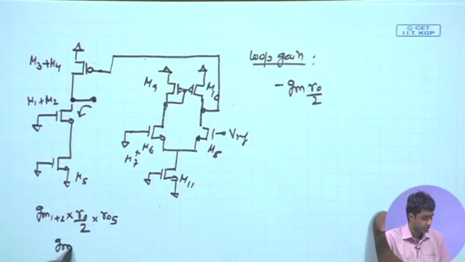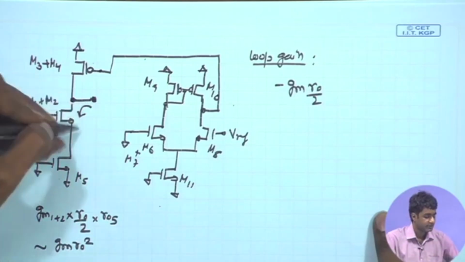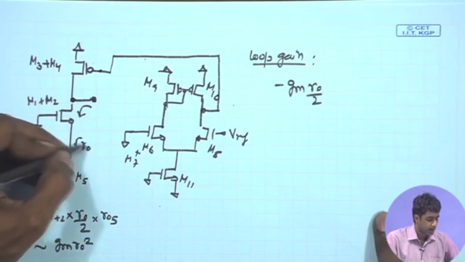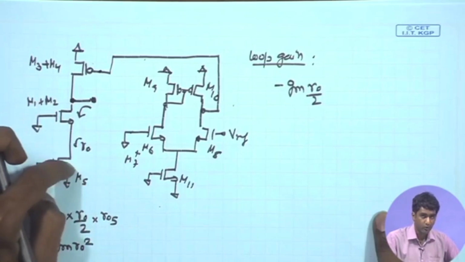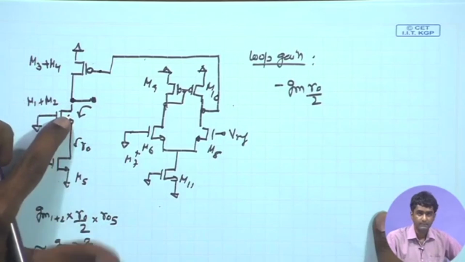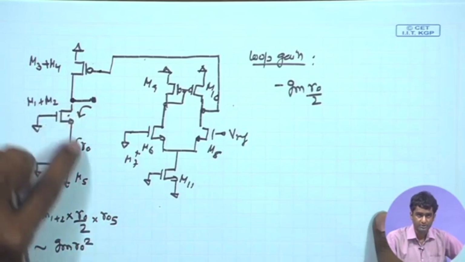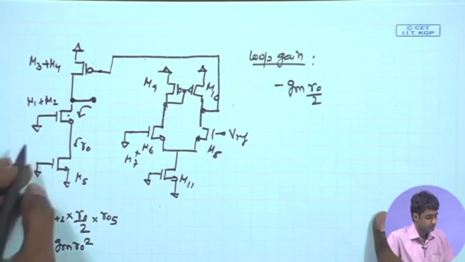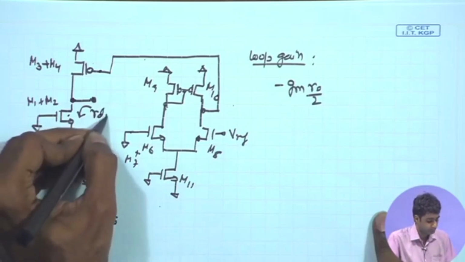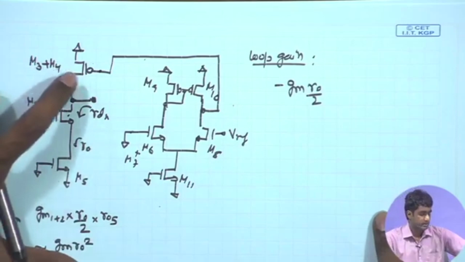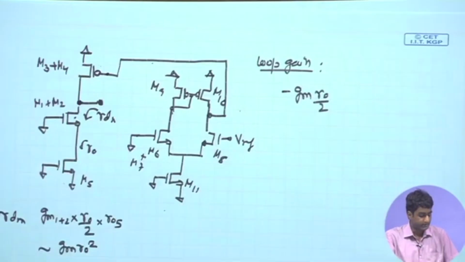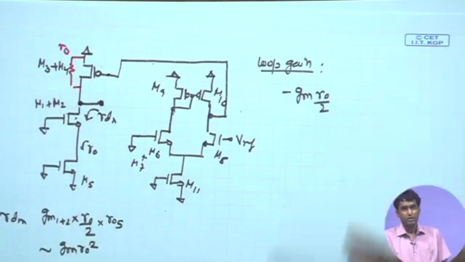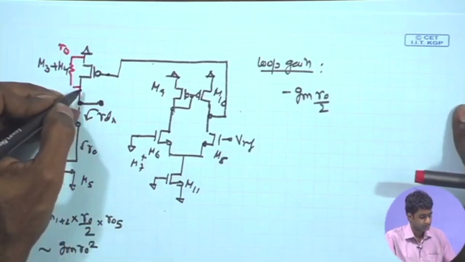So, we get a factor of gm ro square. Whenever we have stacked transistors, looking into the drain of the NMOS we will have an overall impedance given by the resistance in the source, that is ro, multiplied by gm ro of the stacked transistor. So, gm ro of this transistor multiplied by ro of the bottom transistor gives us the impedance over here. So, this is your R down, if I call it R down. And if I am looking at the PMOS transistor over here, it has its small signal resistance from drain to source as well, ro, and therefore the overall gain of this stage